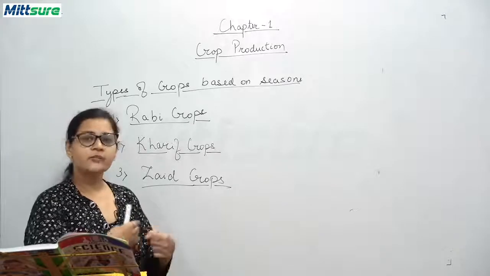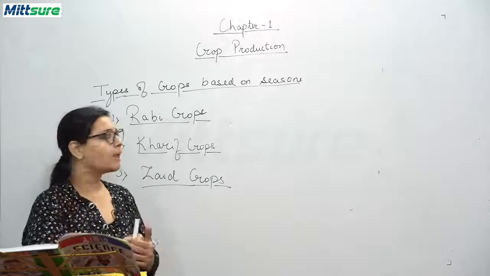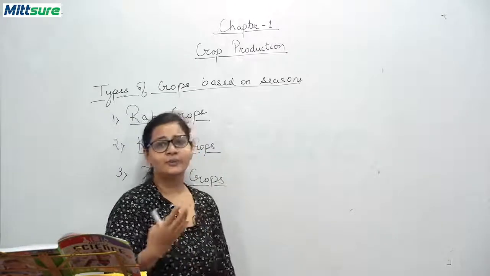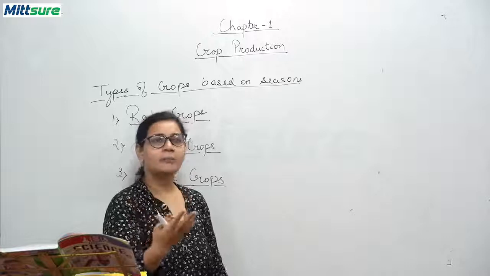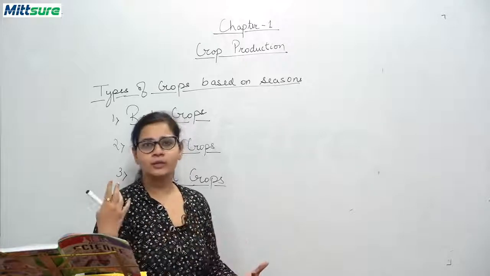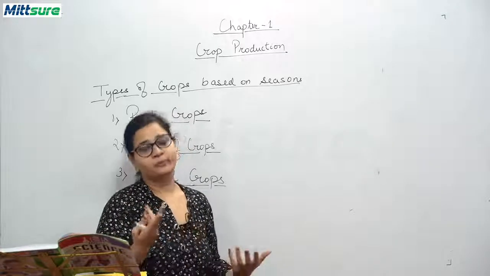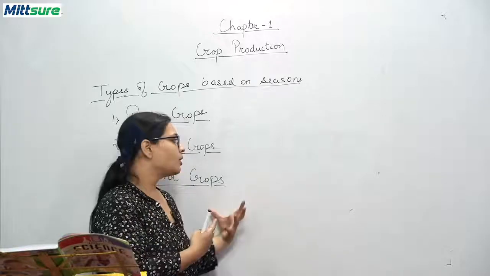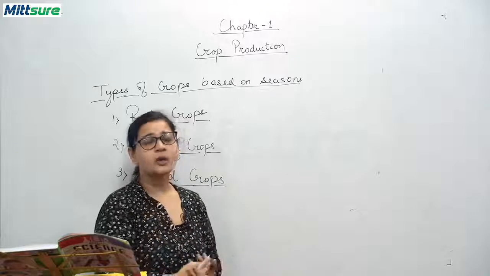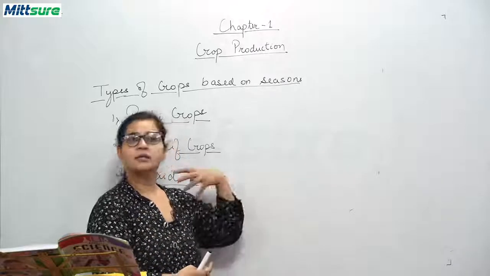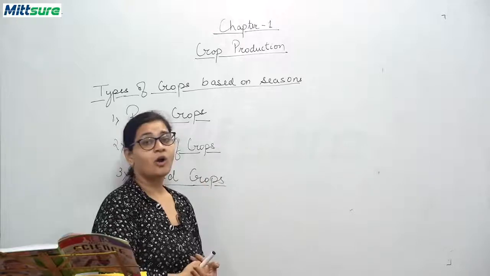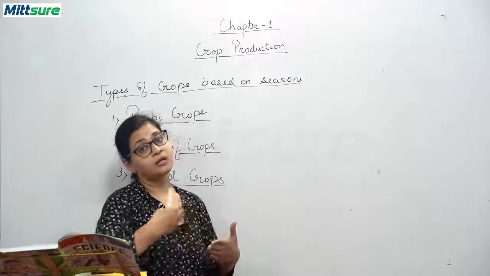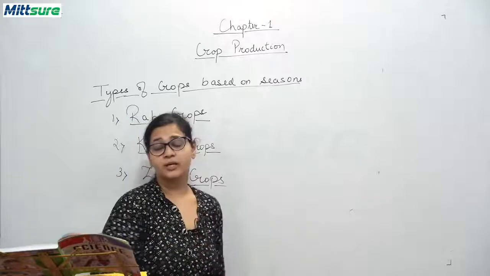You know, different types of crops are there. But I'm going to tell you one more thing. You were like, ma'am, we get cucumber throughout the year. We get watermelon. Some of you, if you live in an urban area, can get watermelon also throughout the year. So how come we get this pumpkin, this cucumber throughout the year? Because of cold storage. We will discuss this in our chapter as it gradually increases.